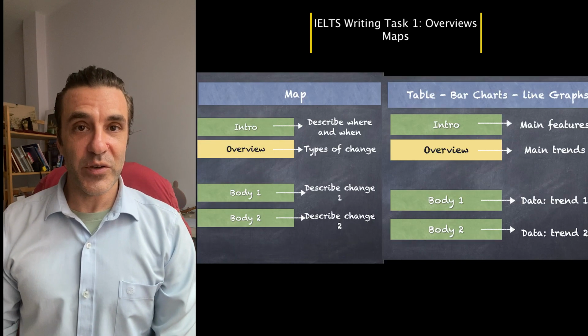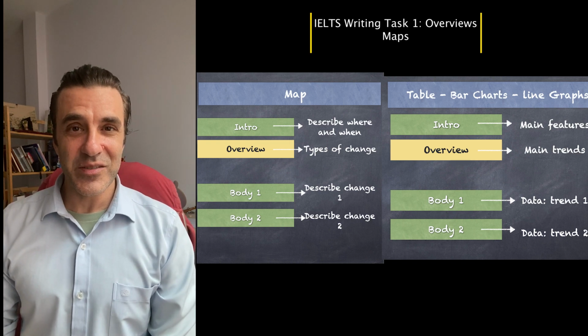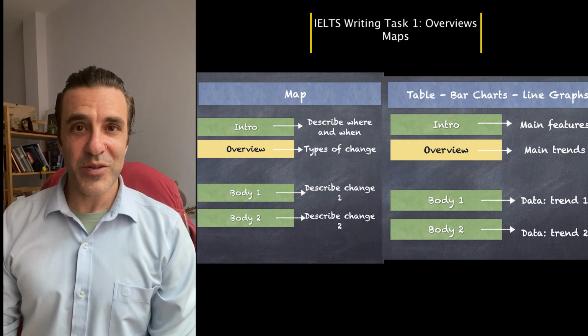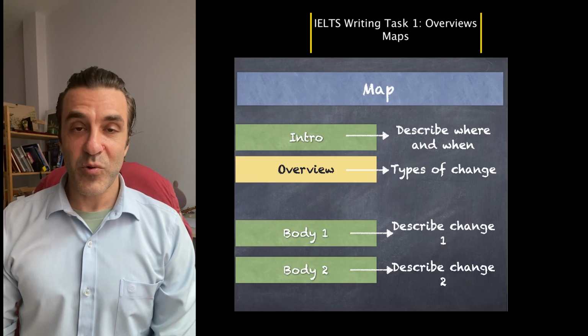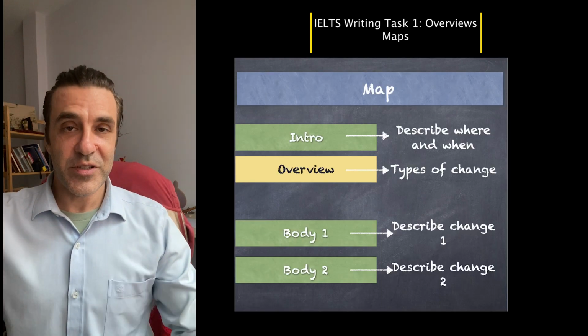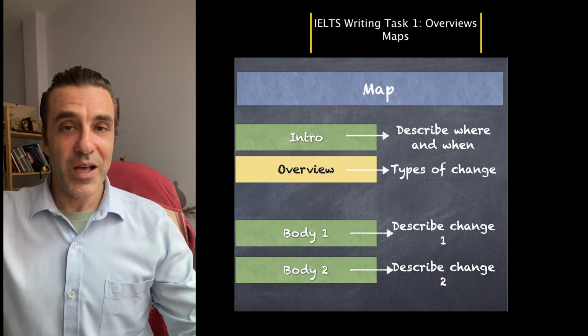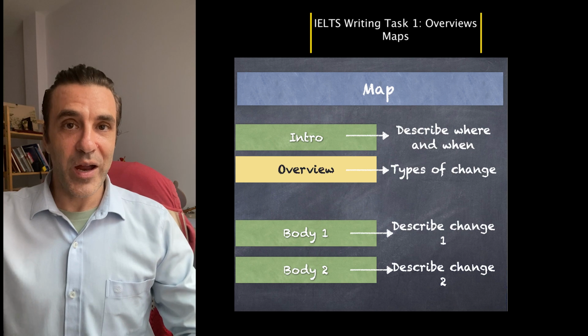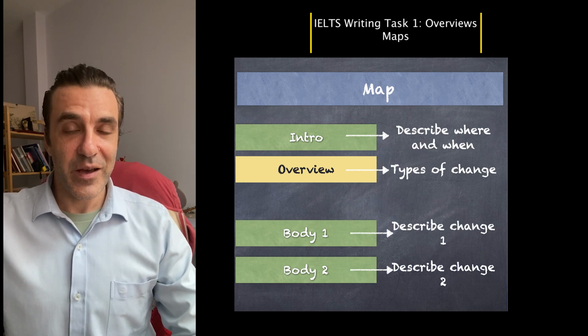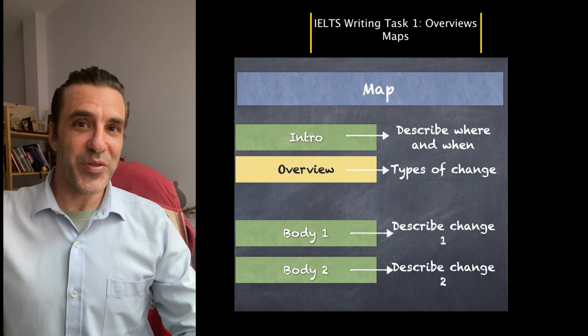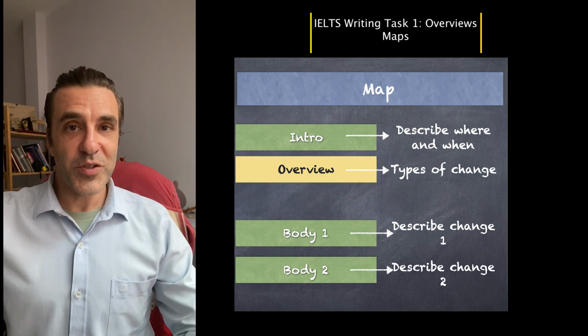So the overview for this type is a little different than your line graphs, bar charts, tables. And so some people are a little scared of it. But in fact, it's quite easier. Remember, the introduction for this type is not looking at 5 main features, but looking at the when and where this map takes place. For the overview, we're not talking about the biggest and smallest, but we're talking about the